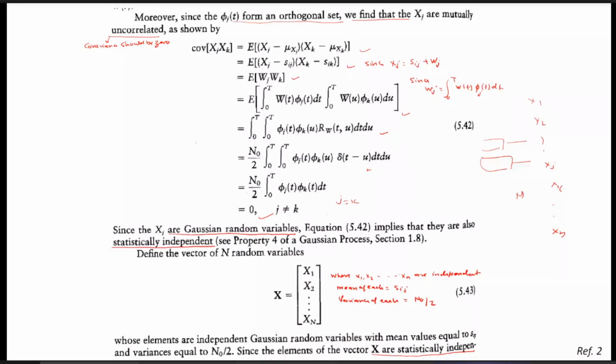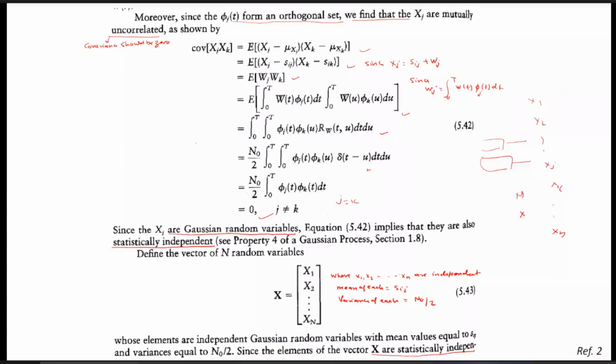Similarly, we can also prove that if we consider the first and second correlator, or second and third, or first and third, or any combination, they are mutually uncorrelated and independent. Hence, we can define a vector X at the output, whose elements are given by x1, x2, x3, up to xn, and all these xi's are mutually uncorrelated and statistically independent.